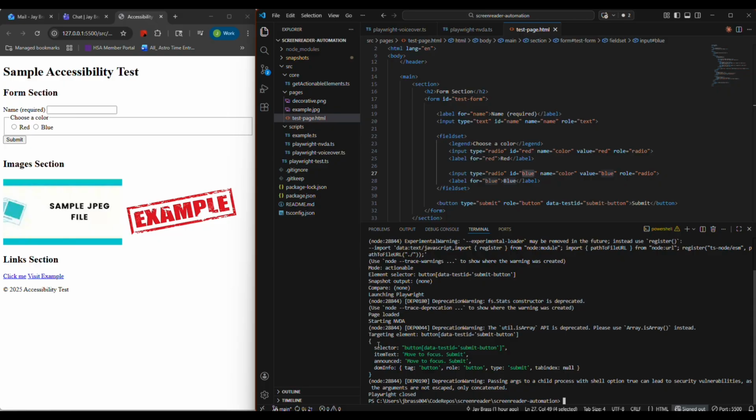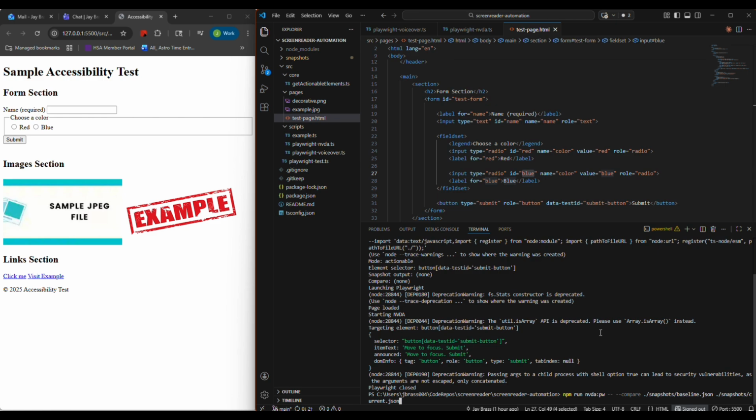You can see the output here. The only output that we had was the button. In the previous demo, you could see that it had the output of everything else on the page. So the next step is capturing a baseline. So I use the dash snapshot option to save the screen reader output to a file. The idea is that this file becomes a source of truth for how the element is announced at any given